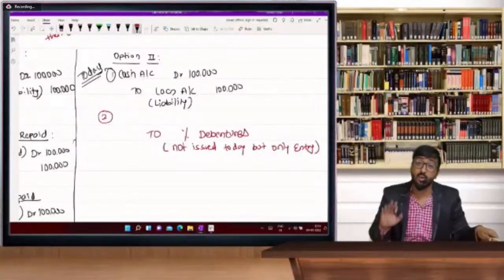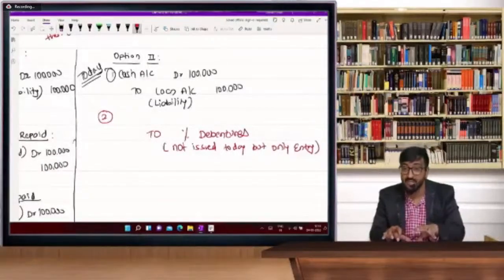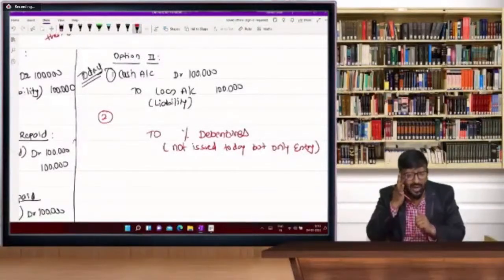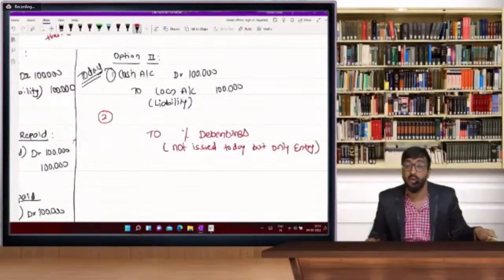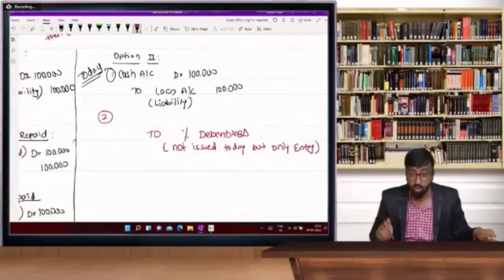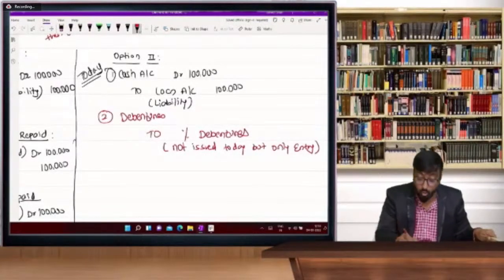So these debentures we are going to issue in future if the loan is not paid, but we are making a provision today and we are not aware. So at least our reader will understand that the loan is given, but debentures are issued as a collateral security, and you have to write in the notes to accounts that our debentures are issued only if the loan is not repaid, that is on maturity date. So we have written debentures over here, but have we issued debentures now? No sir, we have not issued debentures, and we are not aware whether the loan will be repaid or not. Today we are not aware.